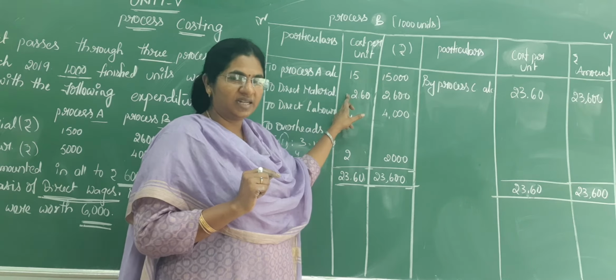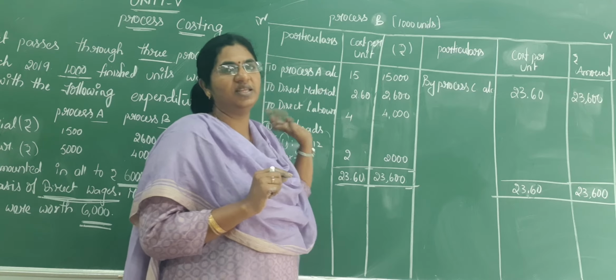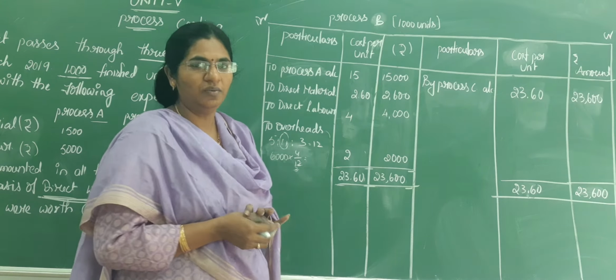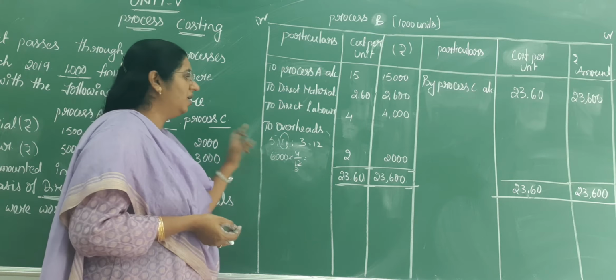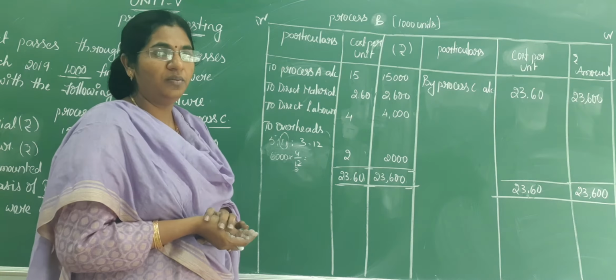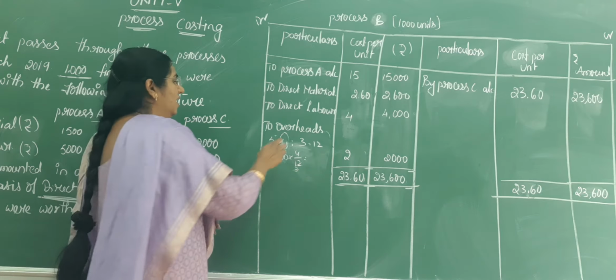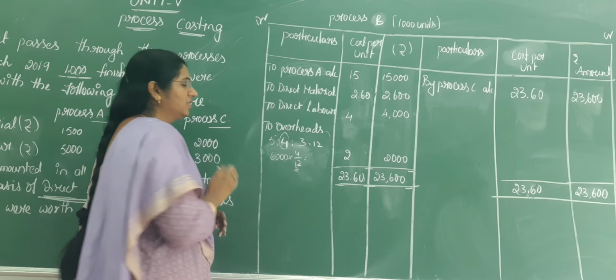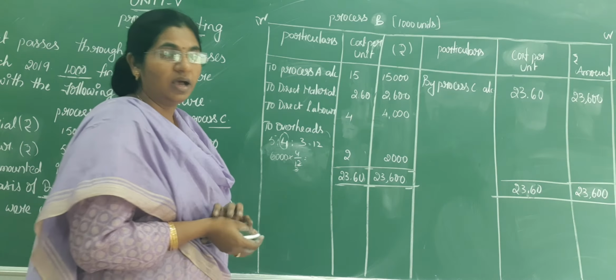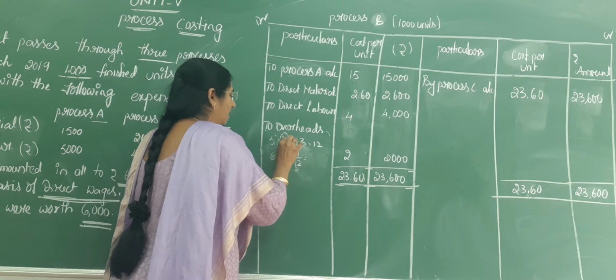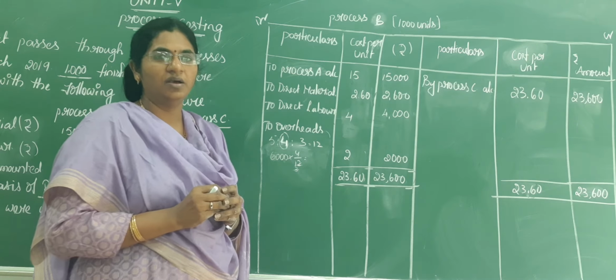We have taken the direct material. We have taken the direct labor. Very good. Now one more thing we have to remember, the overheads. Here when we are talking about the overheads, the total overheads for process B is 4. I have underwritten also, I have mentioned here, because total overheads should be apportioned on the basis of direct wages.